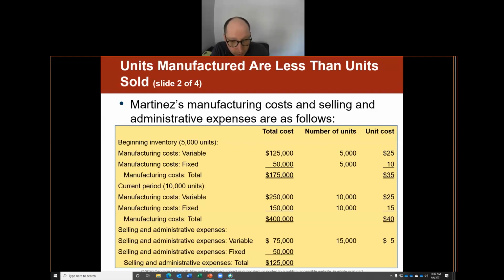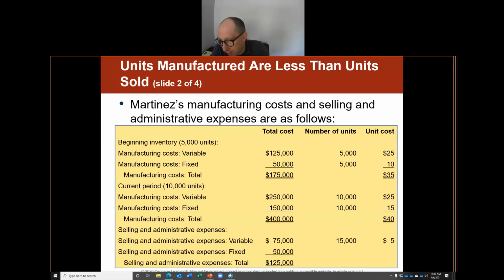Here's a difference, okay? We have variable manufacturing costs, made 10,000 units, $25 per unit. It's $250. Here's where the difference comes into play. We have $15 per unit of fixed cost instead of 10 during the accounting period. Why did that happen, you might be asking? What caused the change in $5? Well, what happened is our fixed costs increased during that accounting period.